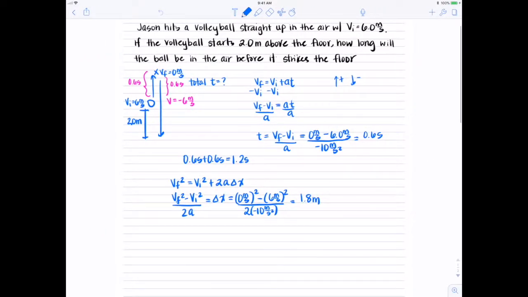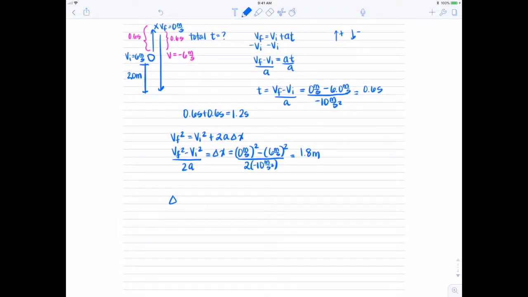If I utilize that equation, and I'm looking at the path of the ball from its peak to the floor, where this is a distance of 1.8 meters plus 2.0 meters,